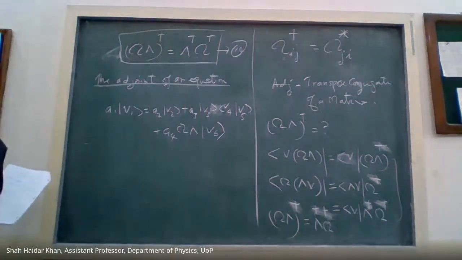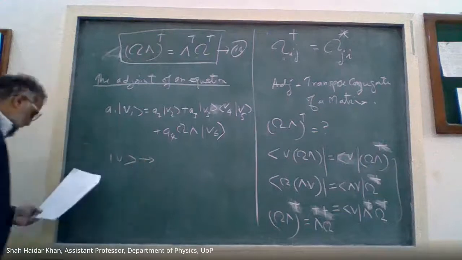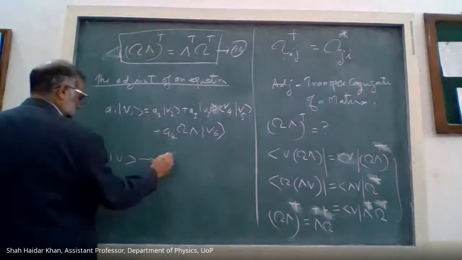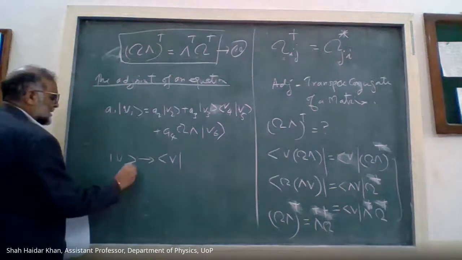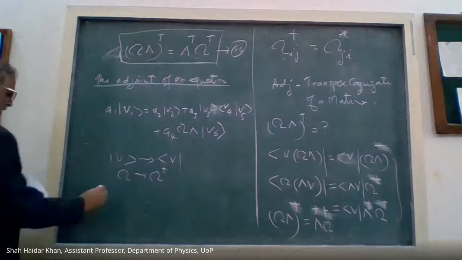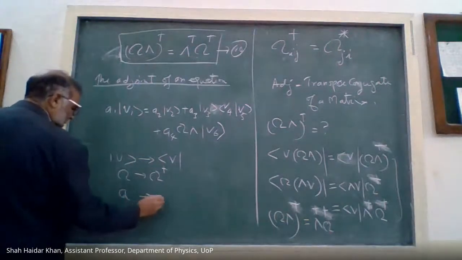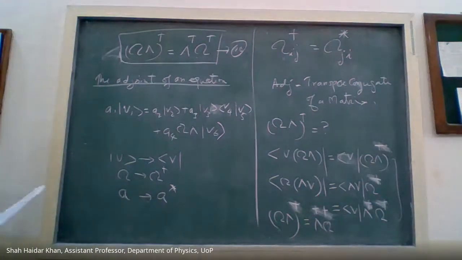Reverse the order, and change each ket into a bra, and replace this by omega dagger, etc., and then A by A star. So the adjoint of this equation will be